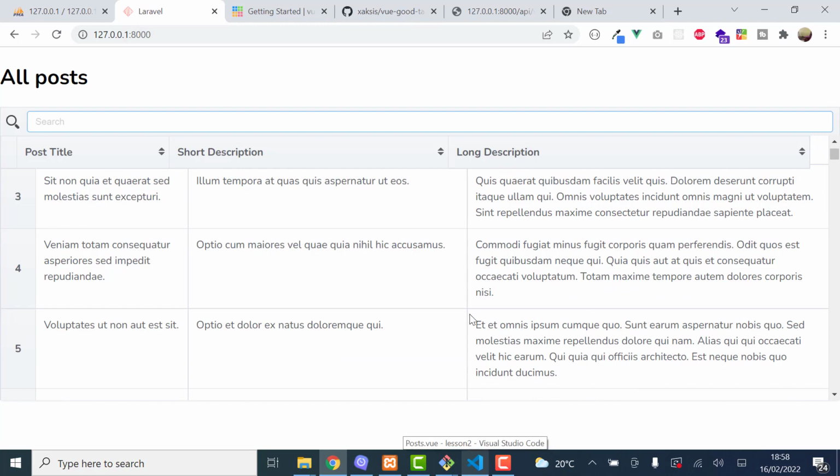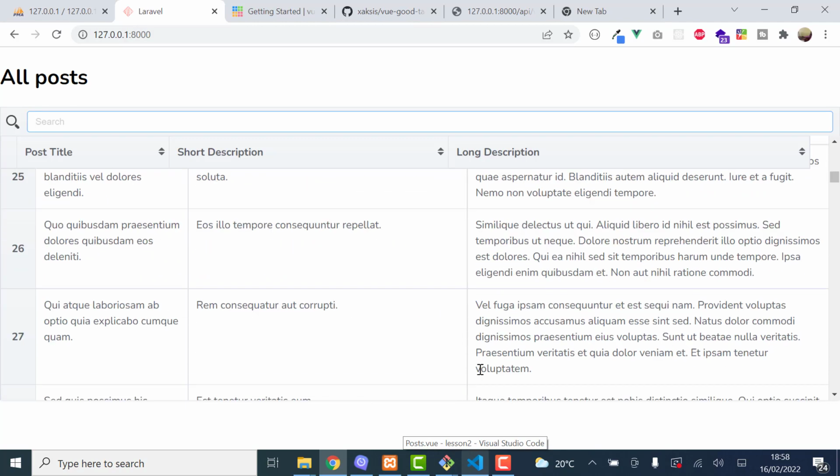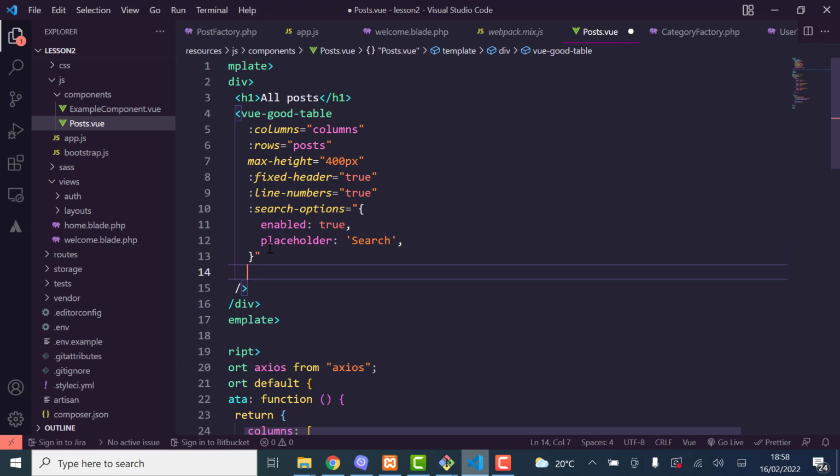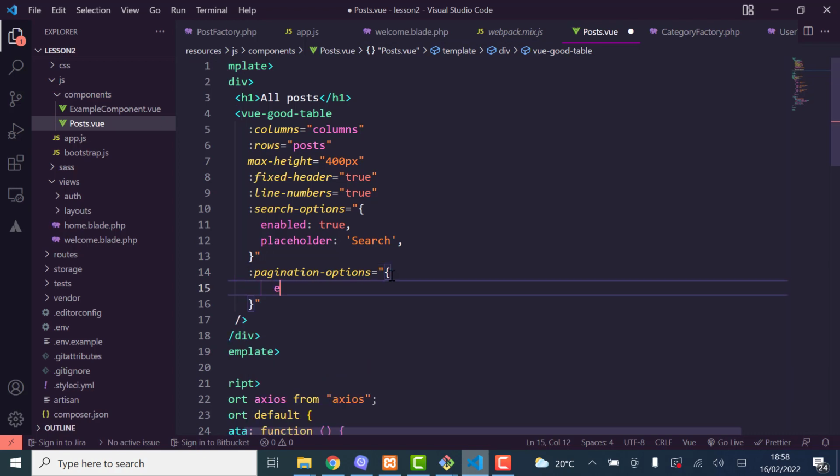You can see you don't have any pagination here, so we can add pagination. So here just add the pagination options prop, and it's also an object. So the first one is enabled, and that one should be true. And then you can add per page. So if I just save that and go back and refresh,